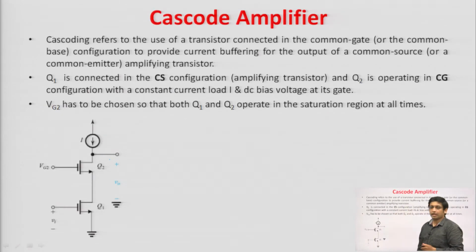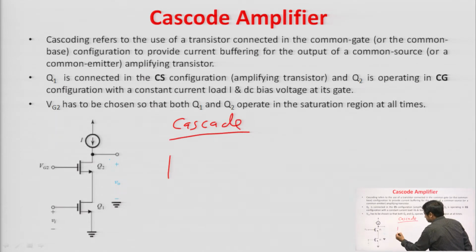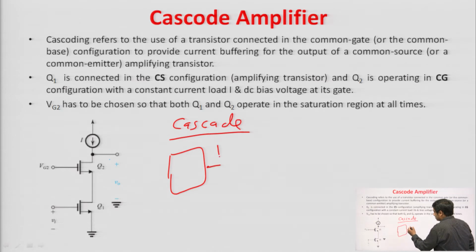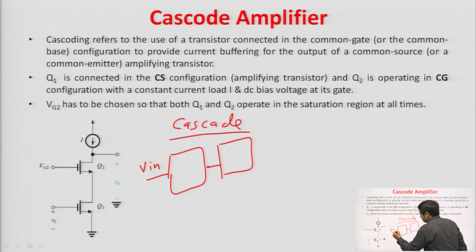So, starting with the cascode amplifier, firstly let us understand what is the difference between cascade and cascode. Do not be confused between cascade and cascode, both are different. In cascade structure, what we do, we connect more than one amplifier in cascade. So, this is your input signal V in, this is your amplifier 1 and the gain of voltage